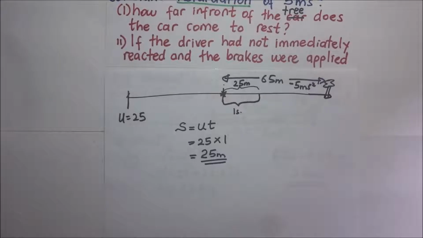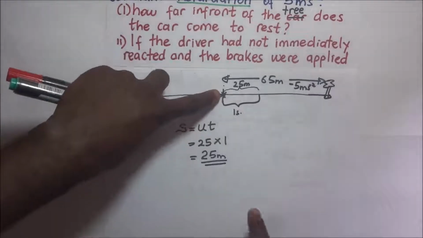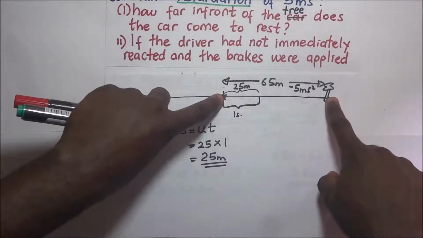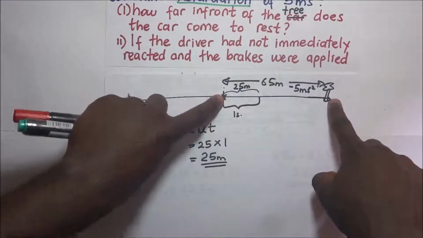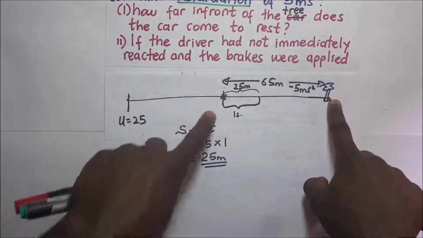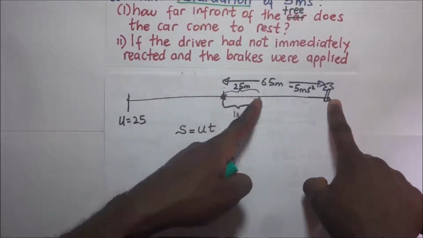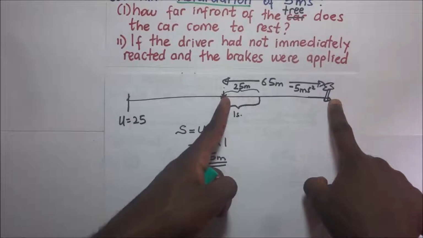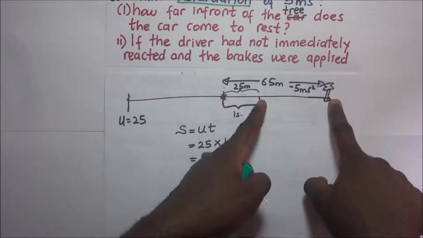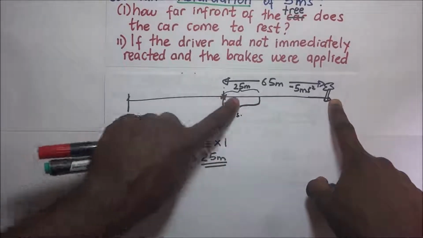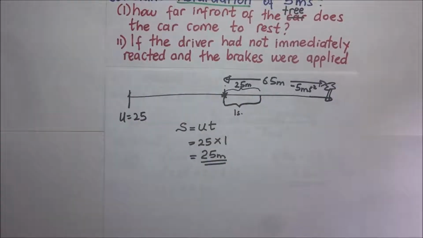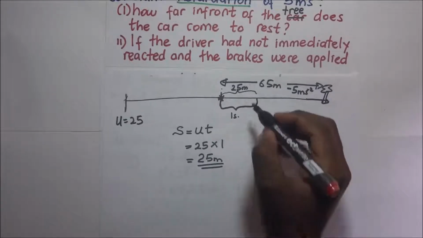So when he moves that extra distance of 25 meters, remember that he was able to notice the tree when it was 65 meters ahead. In the second instance, when he delays by 1 second from the point he notices the tree, he delays by 1 second to apply the brakes, he moves an extra 25 meters. So the question is, at the new point when he applies the brakes, which is after he has now traveled those 25 meters,